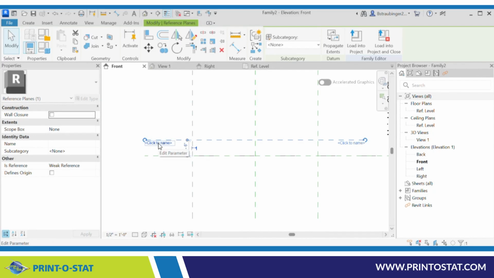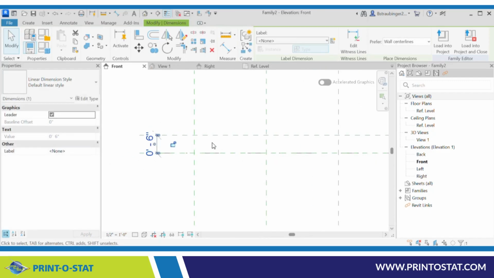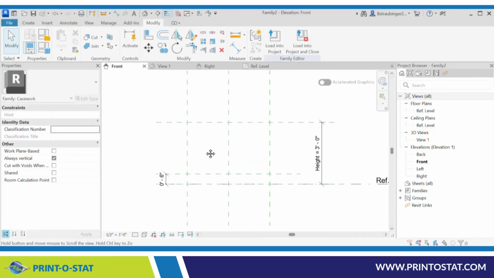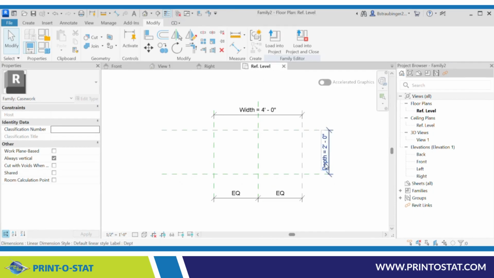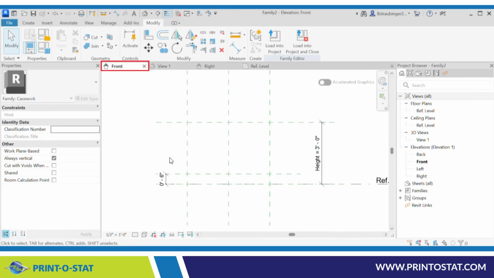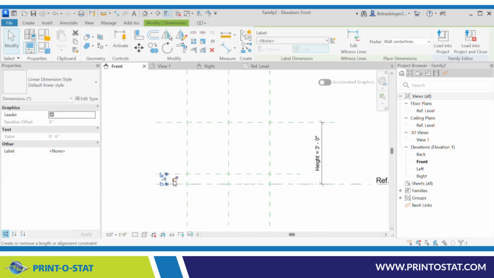But before I do that, I'm going to name this toe kick. And I'll put height, for the name of that reference plane. Now I'm going to select this little toggle, which makes this a permanent dimension, which is fine. I'm going to pull this out a little bit. Now I'm going to show you what happened with these and how these were created. I'm going to go back to that front. I'm not going to lock this dimension,